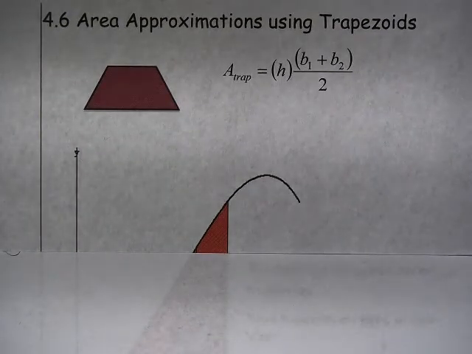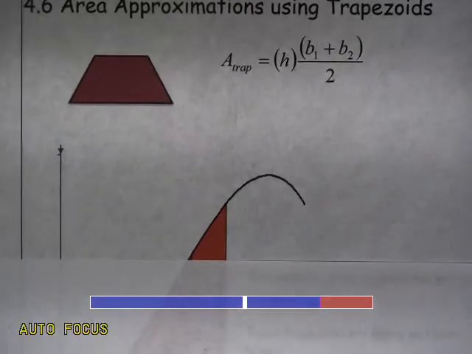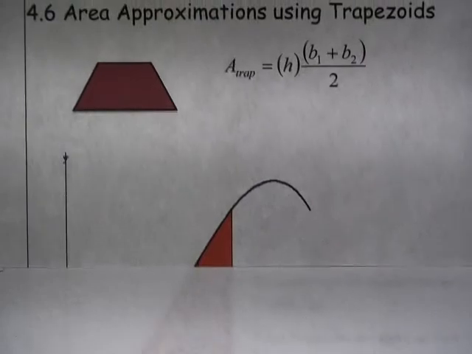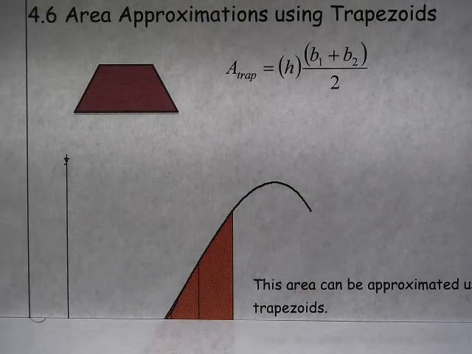Section 4.6 is about using trapezoids to approximate the area underneath the curve. Okay, so the book talks a little bit about what they call the trapezoidal rule. I don't want you to worry about the trapezoidal rule. I want you to think about this is just another way for us to take an area underneath the curve